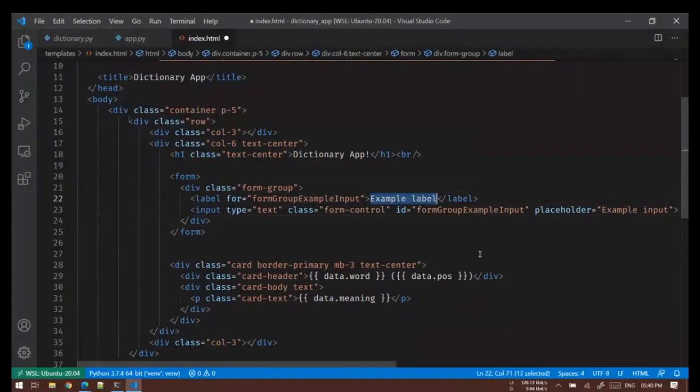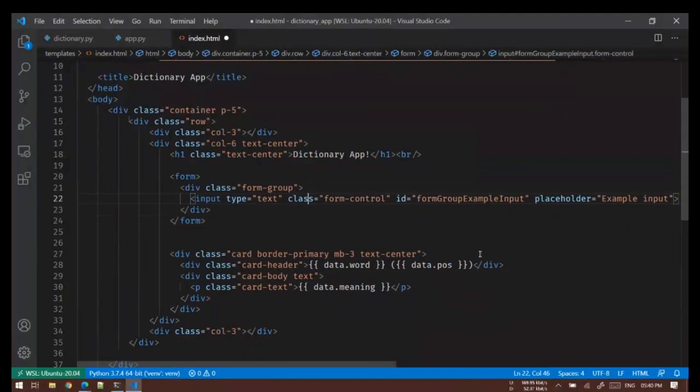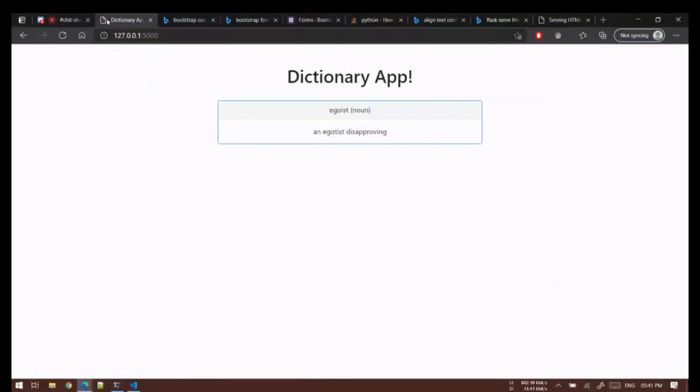Now this will be instead of example label. Okay, so instead of this, I'll simply use search. Let's see how it looks.